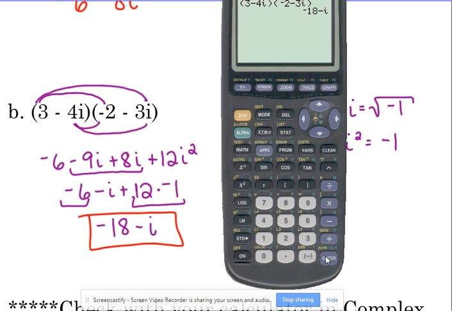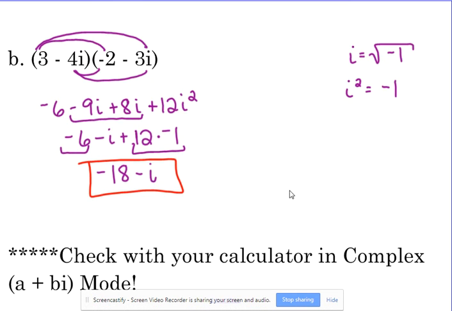Okay. Now, life will come to a point where y'all do have to do this without a calculator, especially at the honors level, so that's why I showed it to you. But you can check it. Your calculator will do it for you. And it'll also add and subtract. You just type in the problem exactly how it shows up, and it'll give you the answer with the i and everything. Okay? So that's the last thing that we needed to